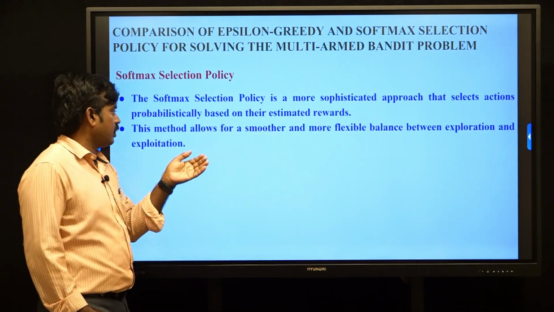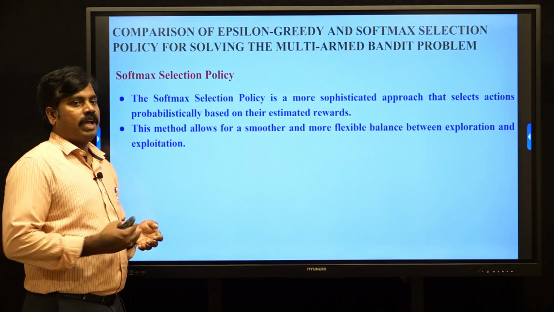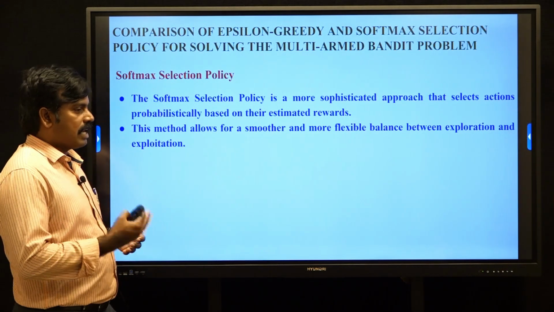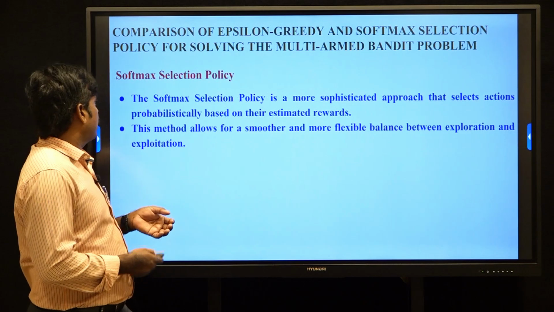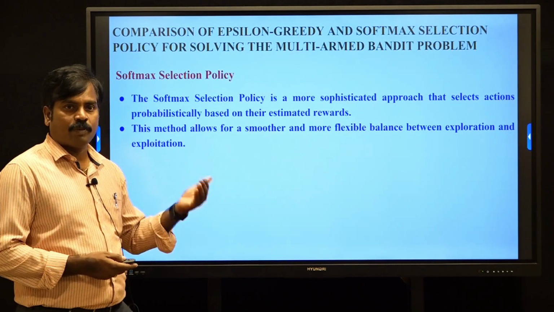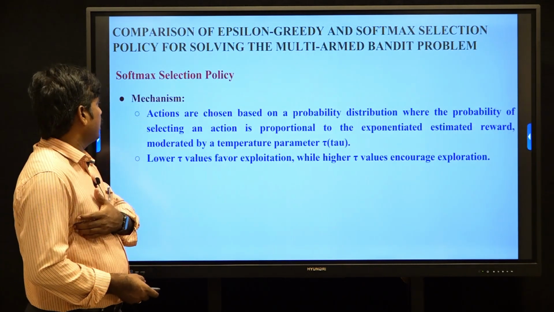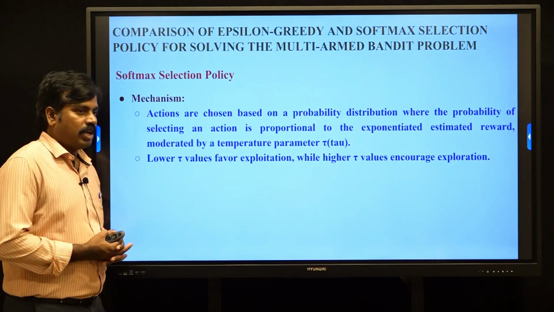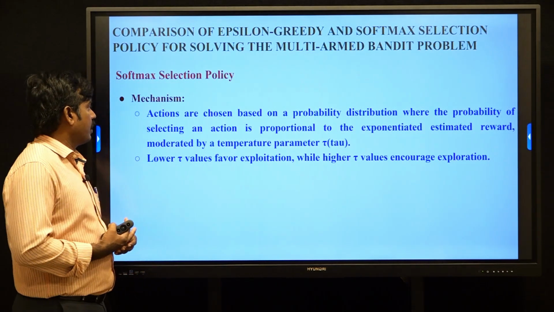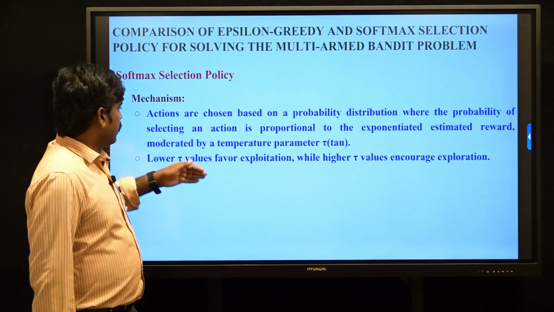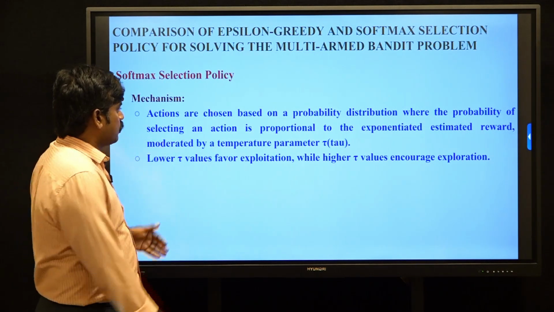Based on the rewards, we distribute the options. The probability distribution is calculated for all options based on their rewards. Based on that, we perform exploration and exploitation by using the Softmax mechanism. In the Softmax mechanism, we calculate the probability distribution that is proportional to